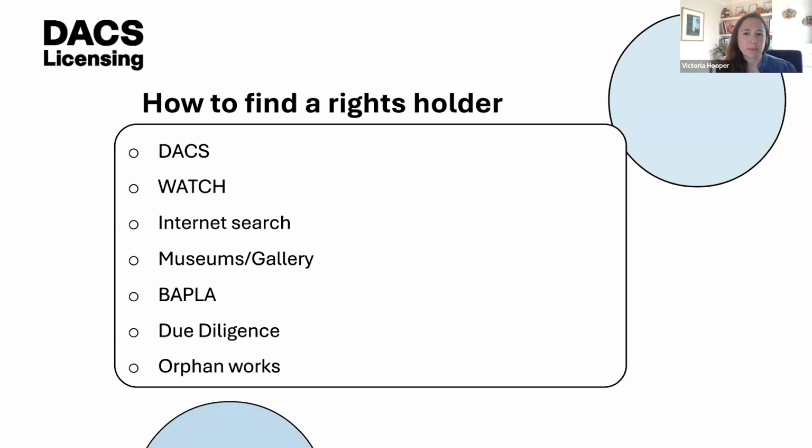And they start at £20. So it's a fair fee, I believe, in order to get that license and have that confidence in knowing that you have made every effort possible to secure the rights holders. And really, it's about ensuring that you have done your due diligence process to try and ascertain who the rights holders are. But in some instances, they just simply do not want to be found. But yeah, this is a good starting point.